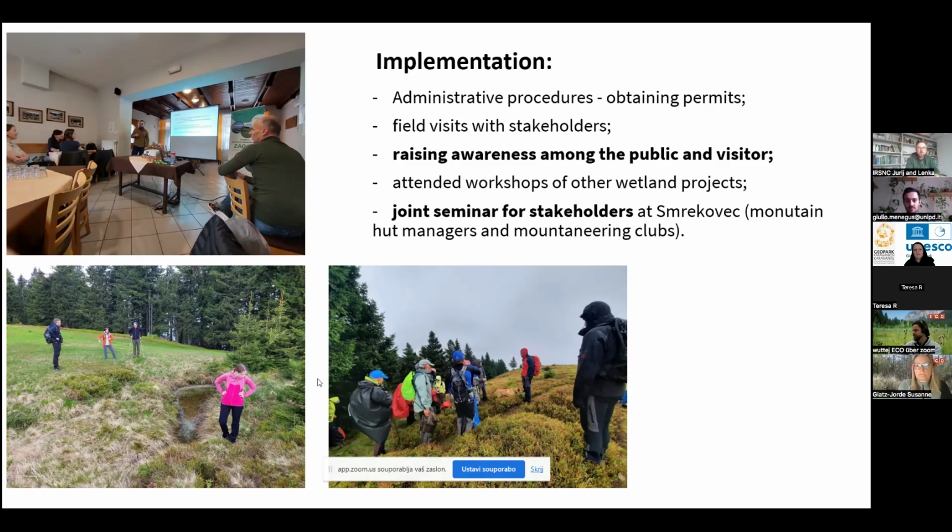So we can say it's some neutral position, and further communication will be needed. But as we say that this region is really popular, we can combine our project iSwamp with another project that is also going on in this area of the Alps. It's a project Zagon. They also restore some alpine